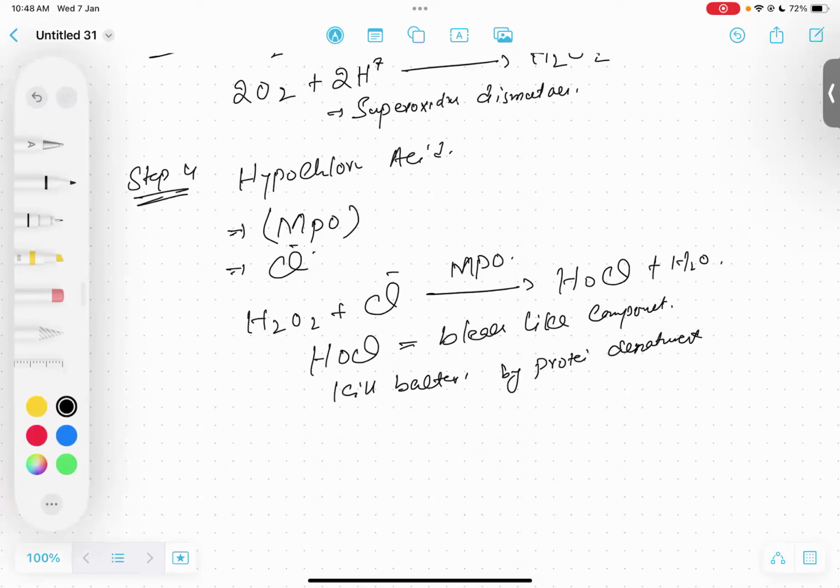So this is either converted into hypochlorous acid, or it will also convert into this hydroxyl radical, and this hydroxyl radical is also very toxic,